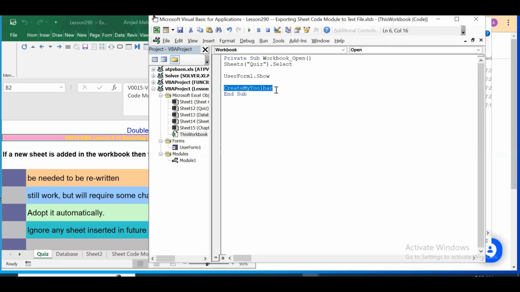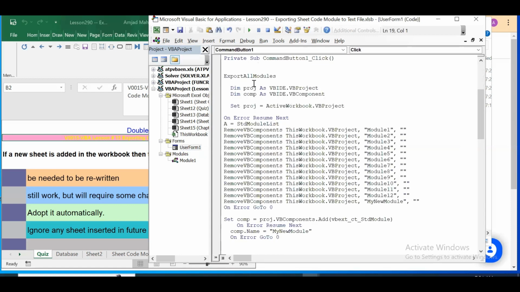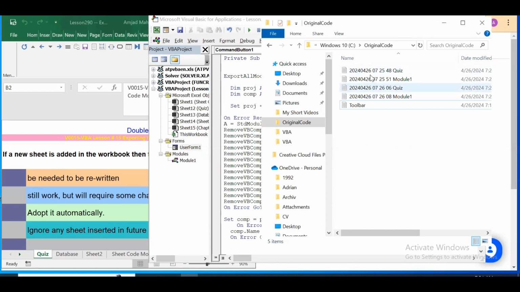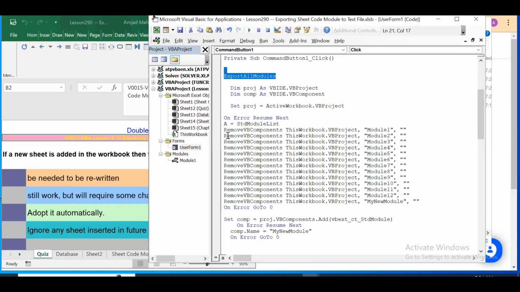So this is how the create my toolbar procedure is already here. While rolling back, it is still making sure that it does not lose the existing work. First thing it does is export all the modules. While exporting, it uses the proper file naming convention, so that your previous files remain intact and the current status is saved, and then it goes on to execute the next command, that is remove all the